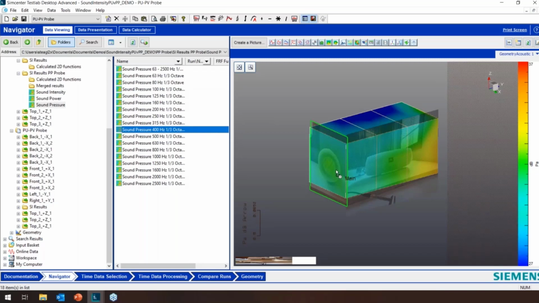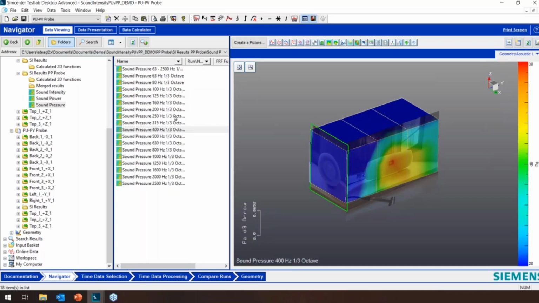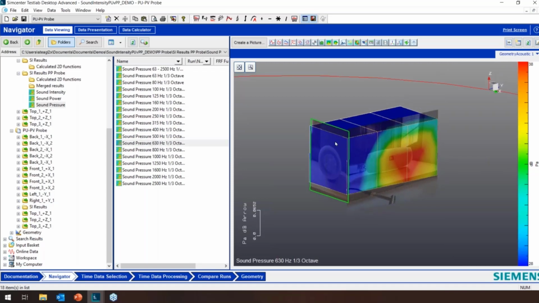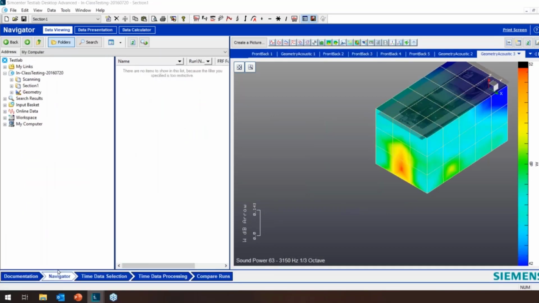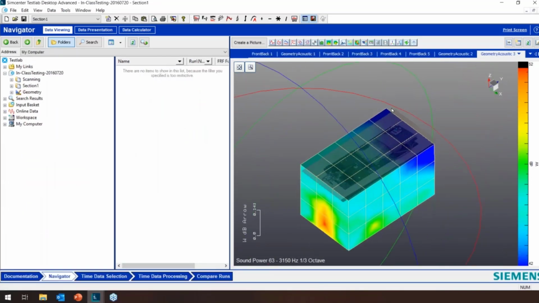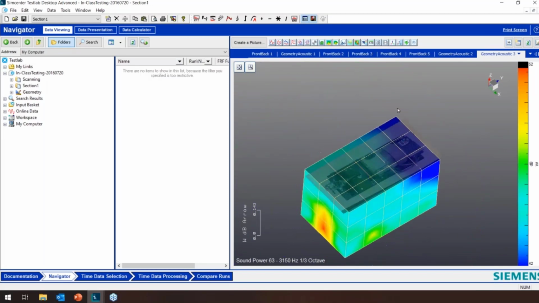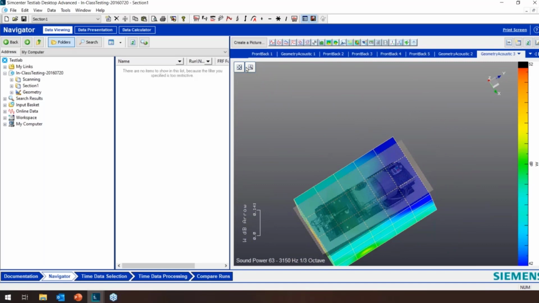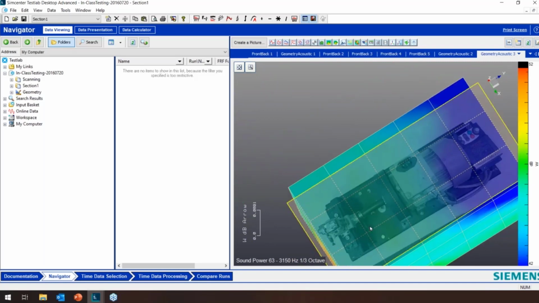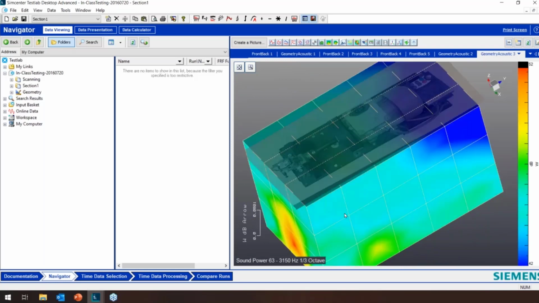Here you can add in the different sides, and you can see where the intensity is. So at 400 hertz, it's very dominating on one side versus another. So we have one other example really quick. This is a motor that we've done, and you can see on all sides the intensity. I don't know if you can see this picture. You can kind of see the axis that it's spinning on. And I think we finished pretty much doing all the demo stuff.